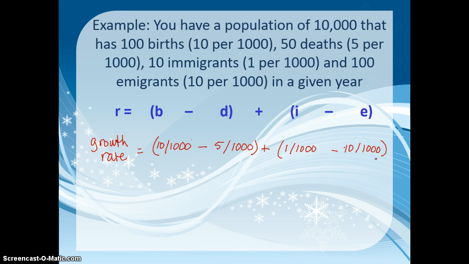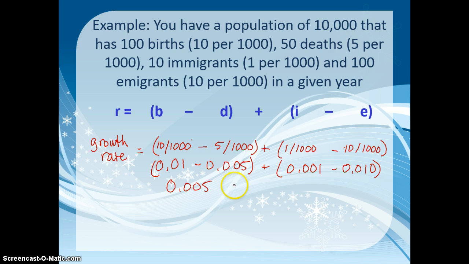Alright, so if we do it that way, then we can take it at that point and we can turn these into decimals. So that gives us 0.01 here minus 0.005. Alright, so take that and these fractions over here work out to be 0.001 minus 0.010. Alright, so once we have it in this decimal form, the math becomes much simpler. If you subtract this here, you will get 0.005, and then we add that and we subtract over here, and we get